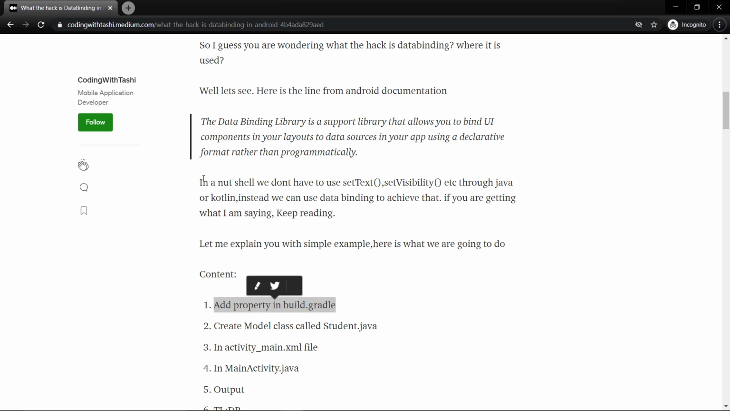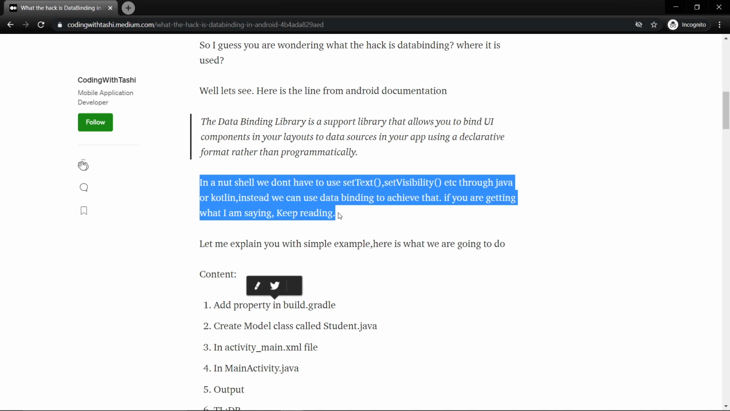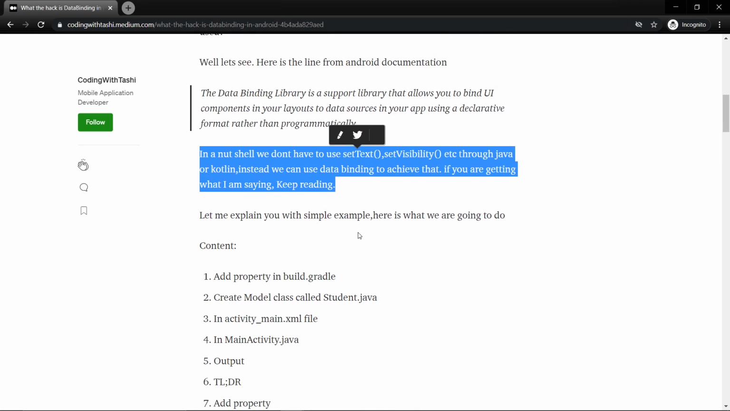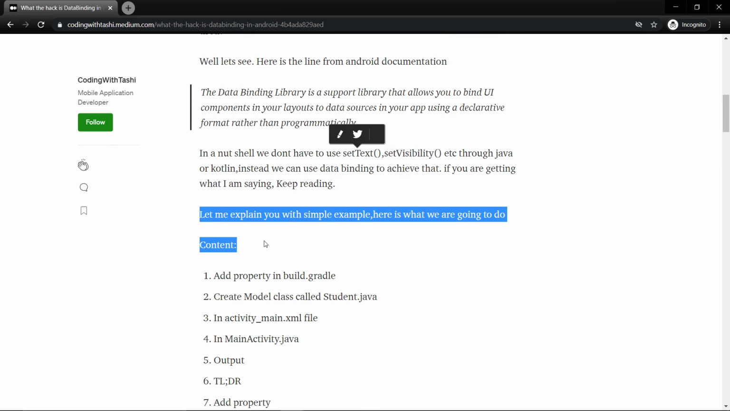Okay, so data binding is nothing. It's a replacement of set text, set visibility. Normally when we use Java class, we have to use set text and all that kind of thing, and it will be replaced with the help of data binding. Okay, so I think it's better to explain with an example, so I will go with the example,